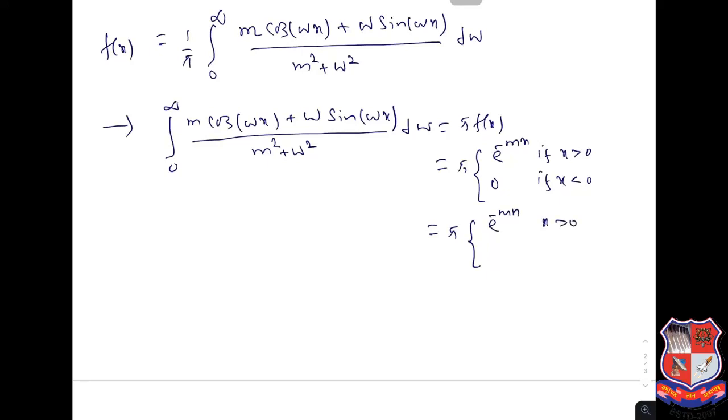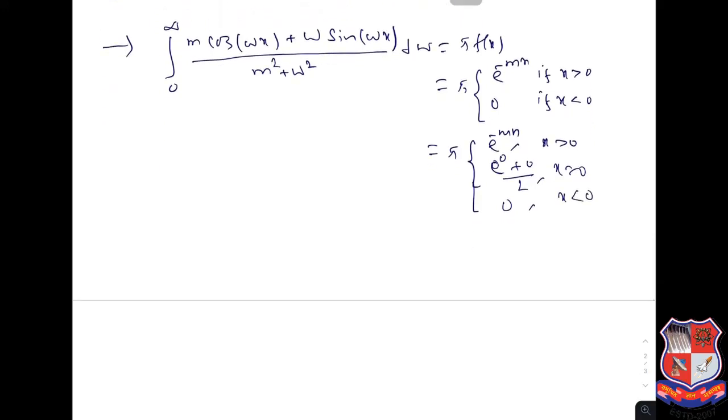Now at 0 we need to take the average value, and so that is nothing but e power 0, this value at 0 and this value at 0, then addition and divide by 2. So plus 0 by 2, this is when x equal to 0, and 0 when x less than 0. So the answer is,